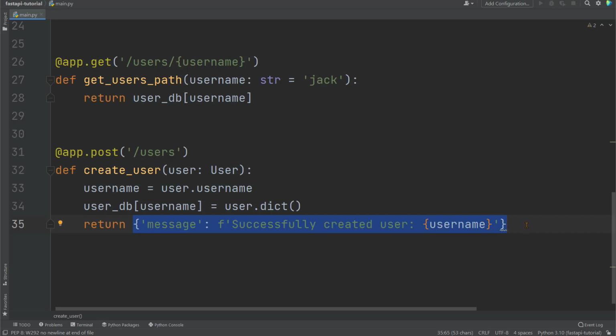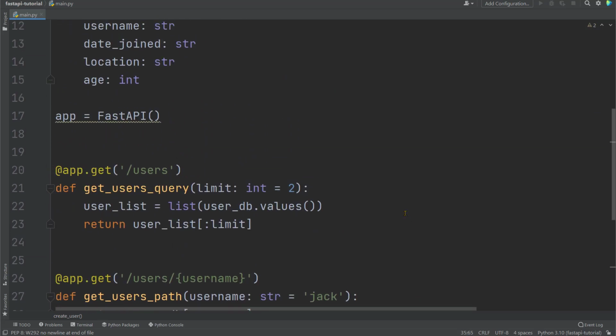One small thing before we run the code. Let's also go above to the get operation and change the query parameter limit's default value to 20. This is just convenient for us when we want to verify the results of the post operations. Alright, let's save this so that the changes of the code are reloaded,